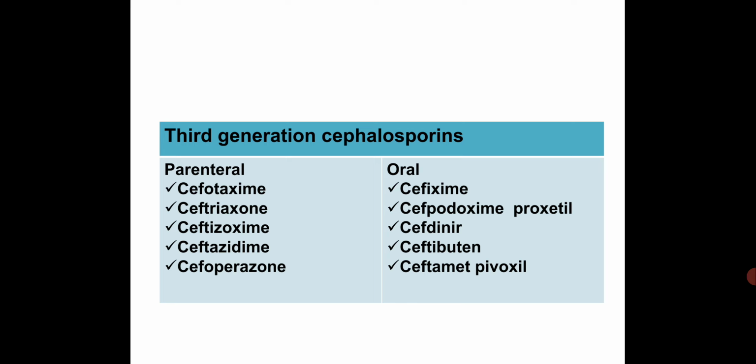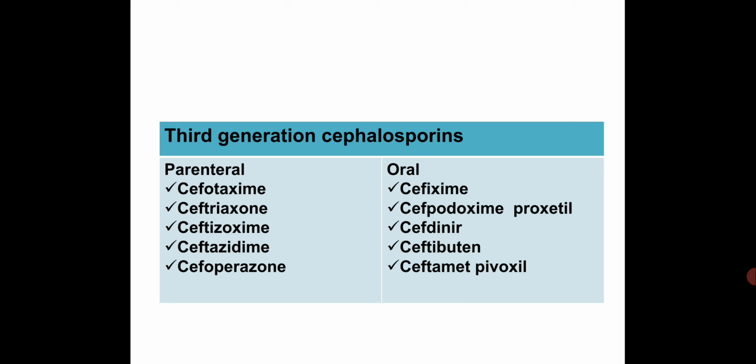Third generation cephalosporins are most useful nowadays, so they are easy to remember because they are useful in all hospital settings. In parenteral there are cefotaxime, ceftriaxone, ceftazidime and cefoperazone. This third generation cephalosporin mostly contains the